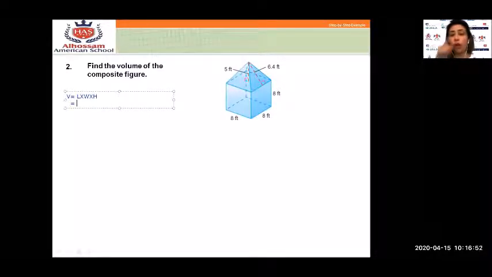All the edges are equal because this is a cube, and all the faces are square. So to find the volume we write the rule, length times width times height, which is 8 times 8 times 8, equals